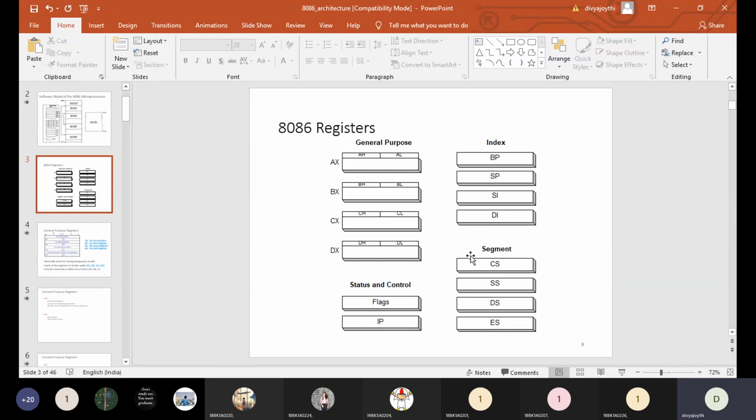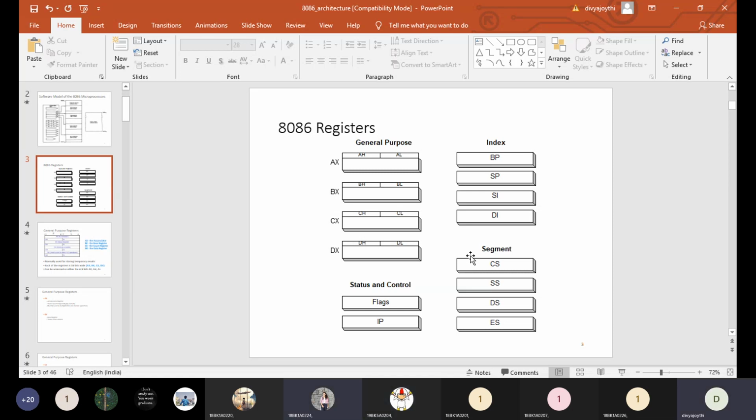Consider the data segment, that is the segment which we most widely use, giving the inputs and taking the outputs from the processor. The data segment is capable of storing data of up to 64 kilobytes. But if you have data of more than 64 kilobytes, that means you have extra data, then that extra data will be stored in the extra segment. Guys, are you clear with this?